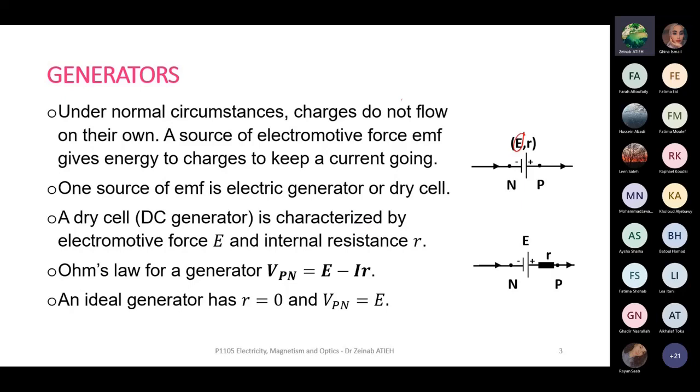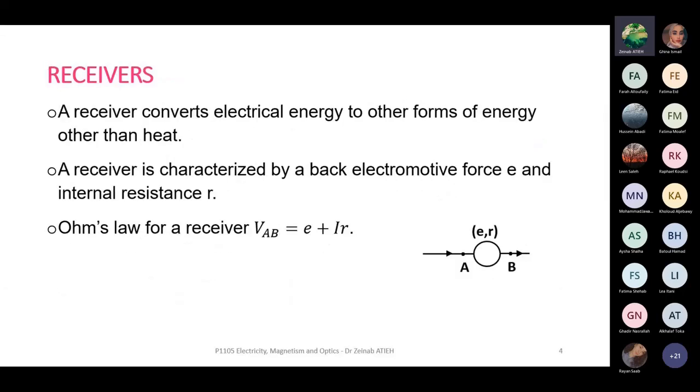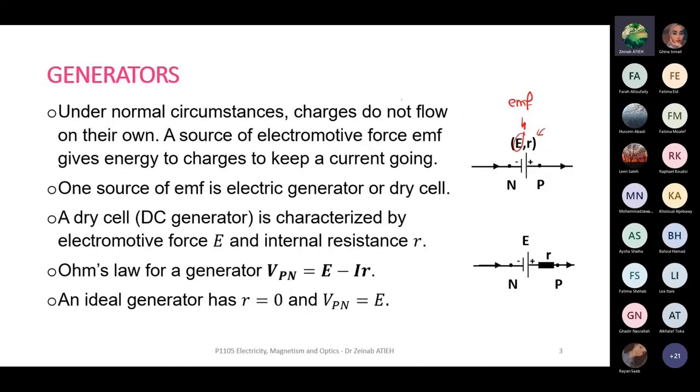The generator has two characteristics, which are E and R. E is called the electromotive force, EMF, and R is the resistance. The resistance comes from the fabrication of the dry cell, from how it is manufactured. In any case, when we buy a DC generator, for example a battery, the voltage is written on the battery, for example 1.5